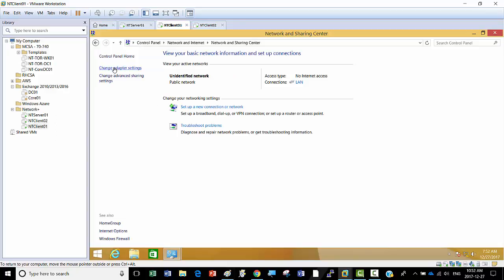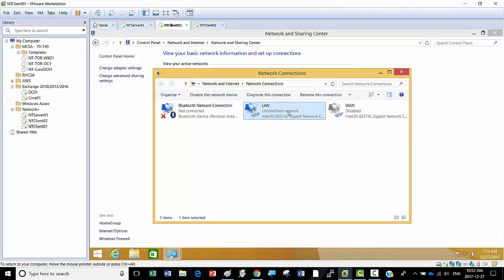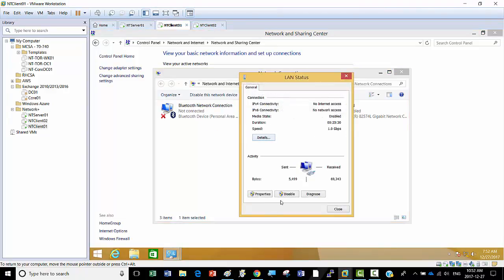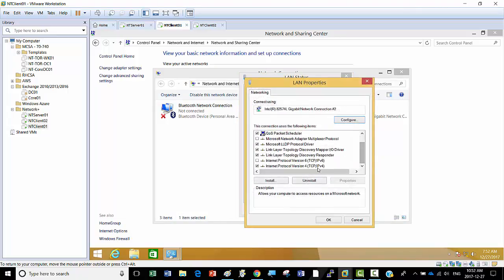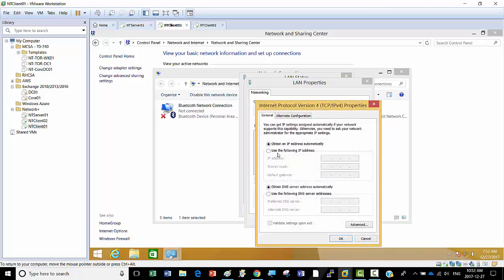If we come back to our client machine, what are the fields we are required to fill in? So see, we need to assign an IP address, we need to assign a subnet mask,